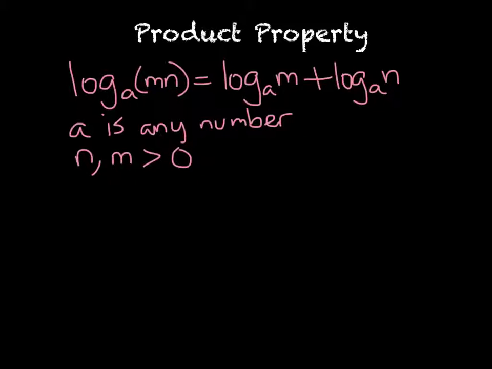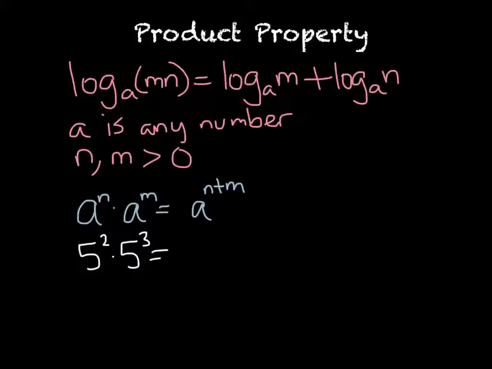Recall from our exponents that when we had a to the power of n times a to the power of m, we could rewrite this as a to the power of n plus m. So this tells us that there's a relationship between the product of exponents and their sum. If we want to see this with real numbers, we can have something like 5 to the power of 2 times 5 to the power of 3 equal to 5 to the power of 5,